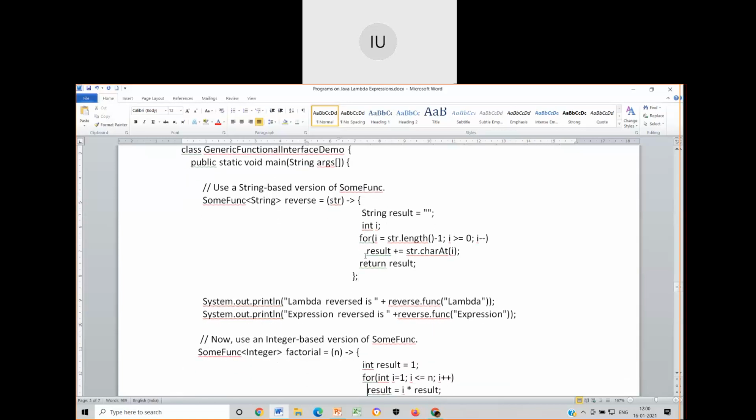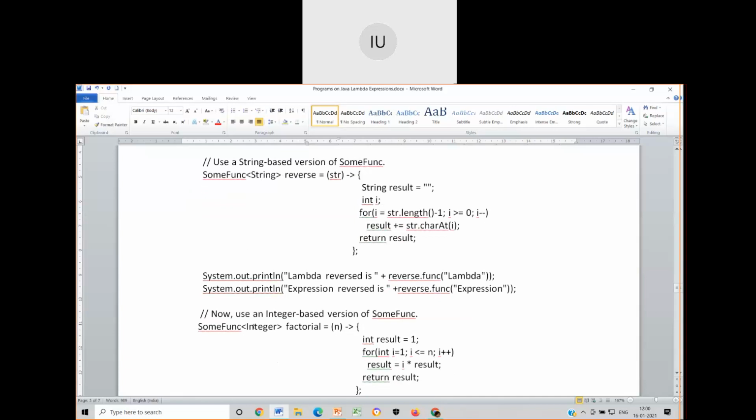Let me just go down. You can check SumFunction, angular brackets, Integer I have written. It means the parameter that I am passing is of type integer, and the value that is received by the factorial variable is also an integer value. On the other side of the equal sign, I have the lambda expression where result is equal to 1. Then you compute the factorial of the number that is given, then return the result. That returned result will go to factorial, and if I print factorial, will it print me the value? No. Printing the value has to be done by whom?